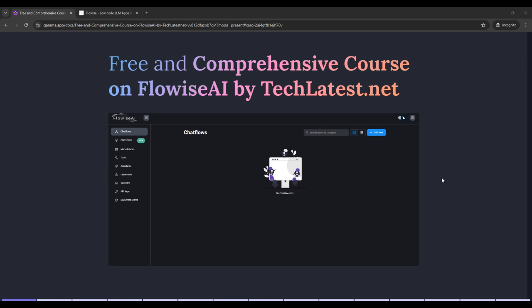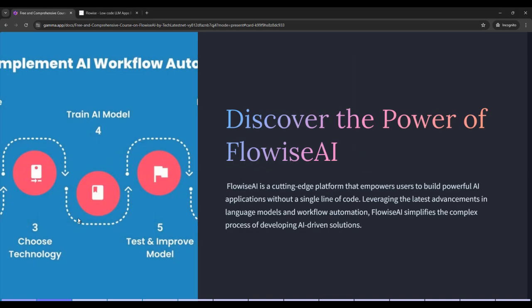Okay, so our course is carefully structured to ensure that you gain a deep understanding of FlowiseAI and its applications. Here is an overview of what we will be covering. Our first module is Discover the Power of FlowiseAI. In this introductory module, we will introduce you to the world of FlowiseAI and its capabilities. We will explore the benefits of using FlowiseAI, its key features, and the types of applications you can build